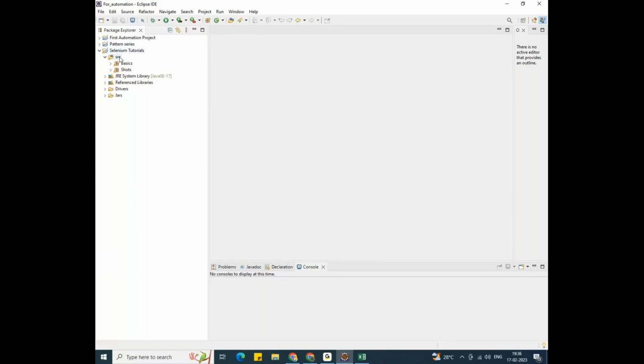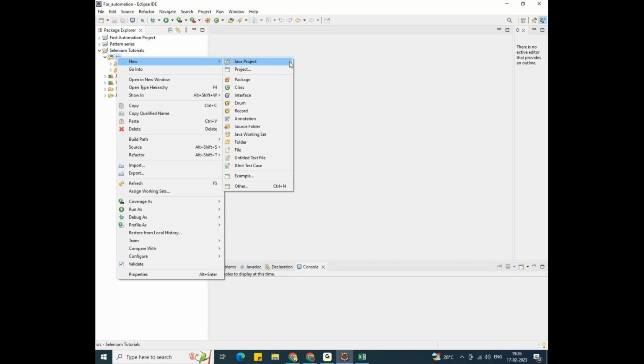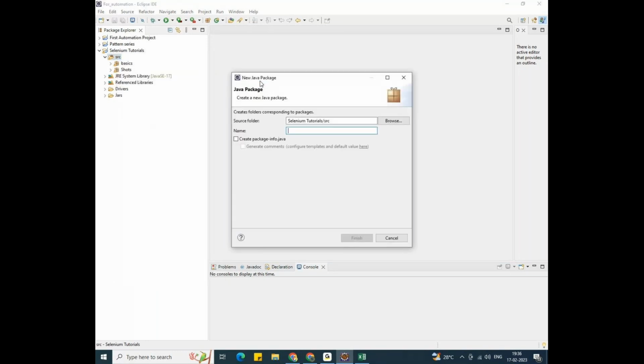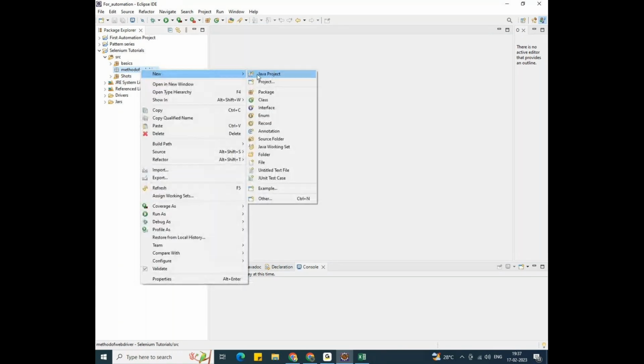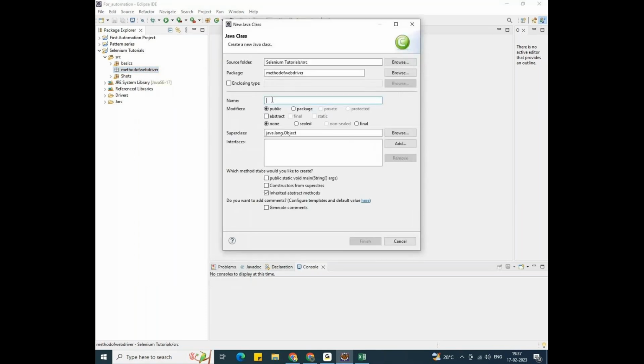The topic is WebDriver methods. To work with WebDriver methods, I'm creating a new package under src. The package name is methods of WebDriver. Now finish. Here I'm going to right click, new, and create a class. The class name is